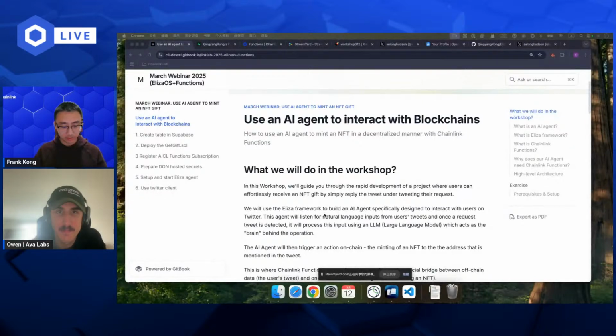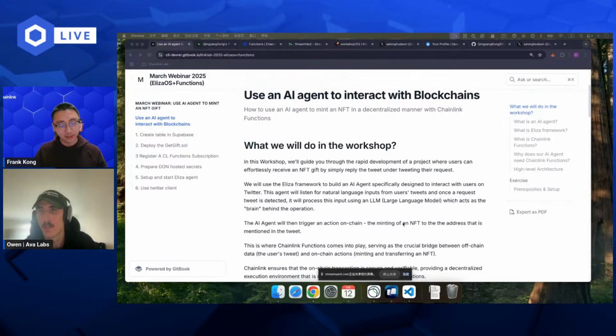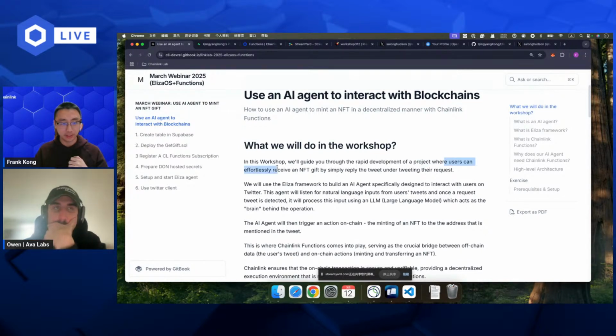After the perfect presentation from Owen, let's start our journey to build an AI agent. At first, I want to let everyone know what we are going to build today. In this workshop, we are going to build a project where the user can effortlessly receive an NFT gift by simply replying to a tweet with their request.